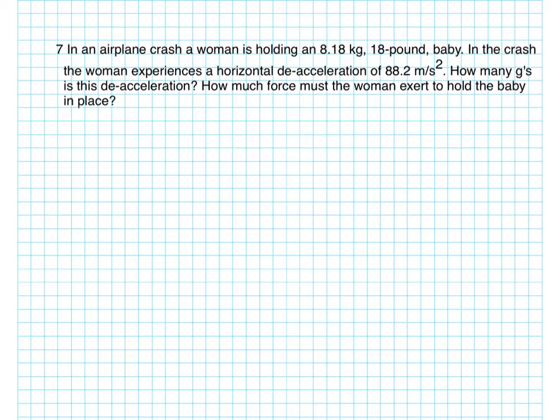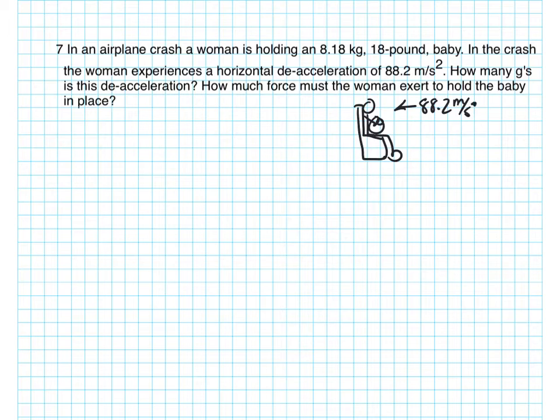So I'm going to draw the chair here. This is the airplane chair, real fancy. And here's the woman sitting down. And this is the baby, and she's holding it. I know it looks almost like she's pregnant, but let's just say the round thing is the baby because I have no artistic skills. All right, so she's going to slow down, and her acceleration is going to be 88.2